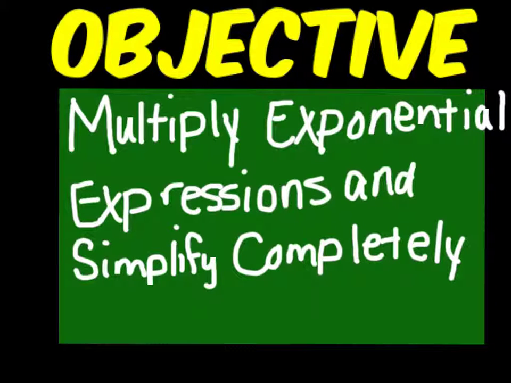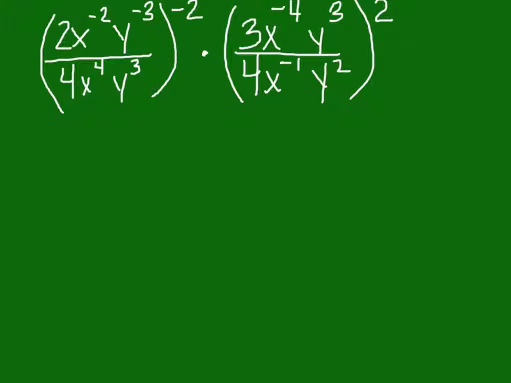Today's objective is to multiply exponential expressions and simplify completely. So we have 2x to the negative second, y to the negative third, over 4x to the fourth, y cubed, all to the negative second, times 3x to the negative fourth, y cubed, over 4x to the negative 1, y squared, all squared. So if we start out with the first set,